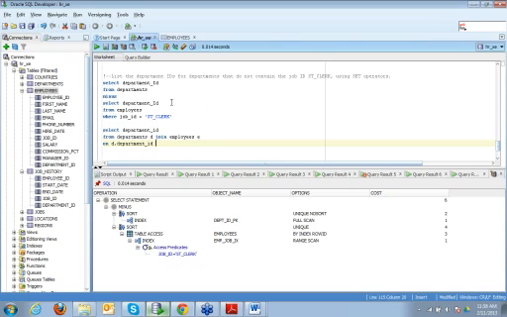So here I want the do not contain the job ID ST clerk. So I can write here D dot department ID is equal to E dot department ID and E dot job ID is not equal to ST clerk, right?